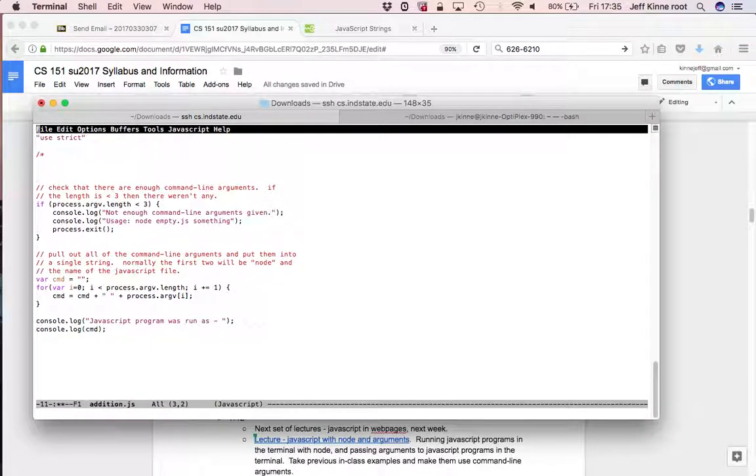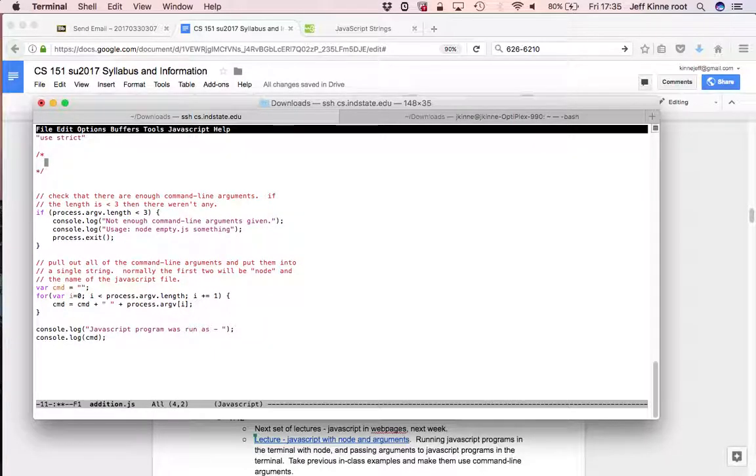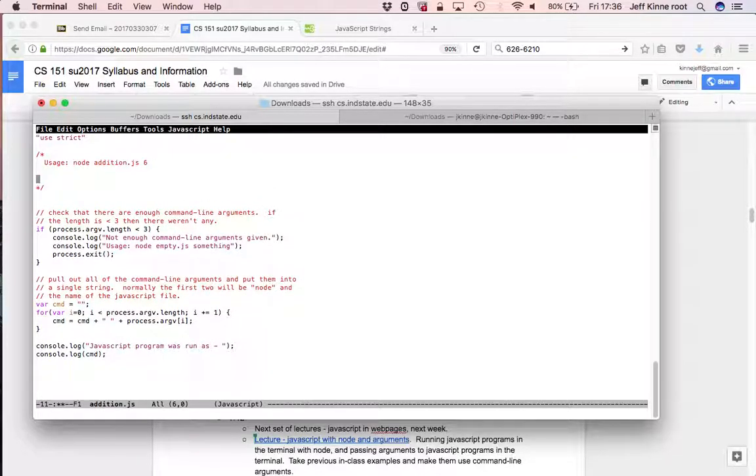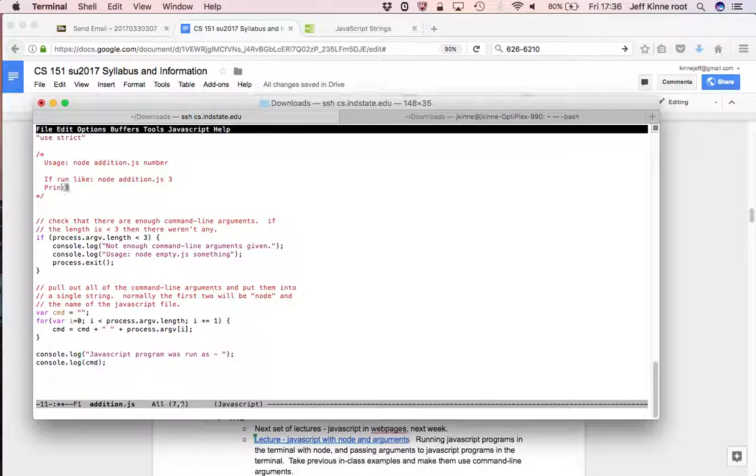So here the plan is usage will be something like node addition.js, maybe 6. Okay, we'll just leave it with one parameter, and then if it's run like node, so we'll call this a number. So if it's run like node addition.js and 3, then would print something like